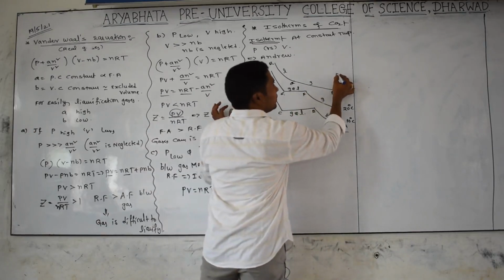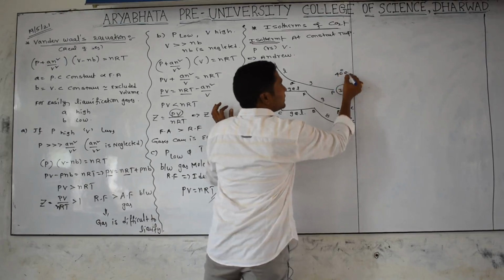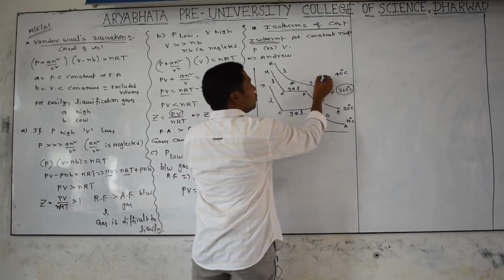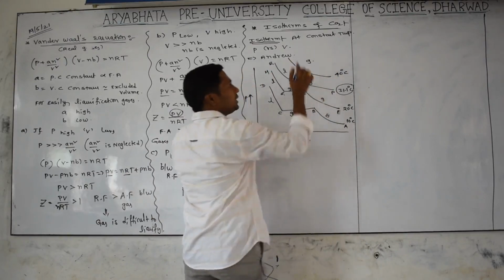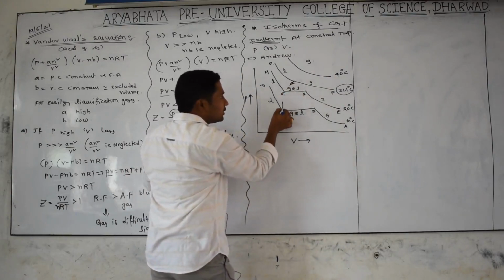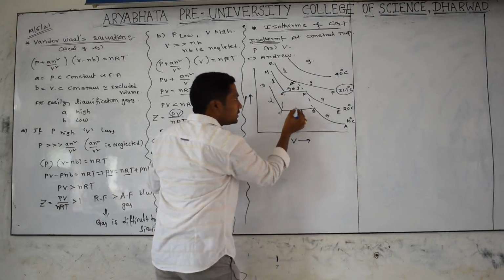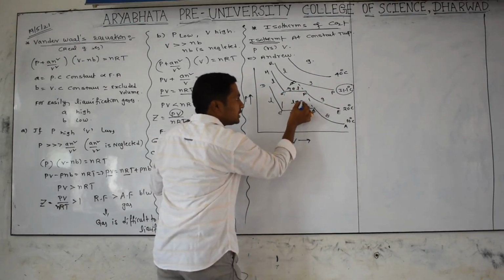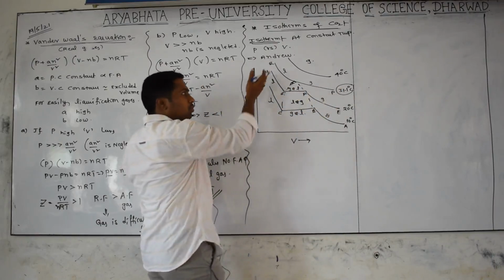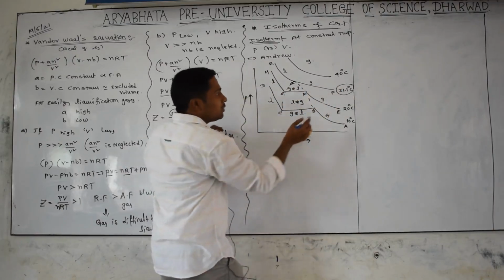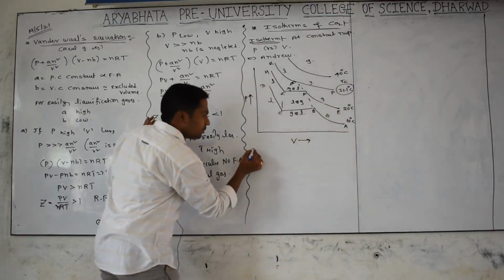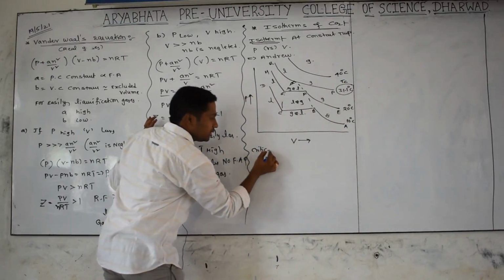Now I am taking CO2 gas at 40 degrees Celsius. Whatever pressure you apply, the whole material exists in only the gas phase. Now observe this region carefully. In this region, the matter exists in both gas phase and liquid phase. To the right of this area is only gas phase, to the left of this area is only liquid phase. Now, this particular temperature is called TC, which is nothing but the critical temperature.